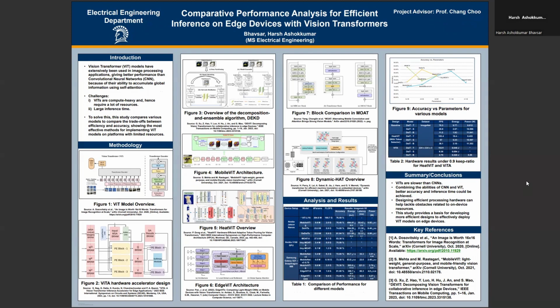Vision transformers have been extensively used in image processing applications, providing better performance than traditional convolutional neural networks by capturing spatial and global relationships of the image. This is enabled by the use of self-attention in transformer models, which helps in getting those global